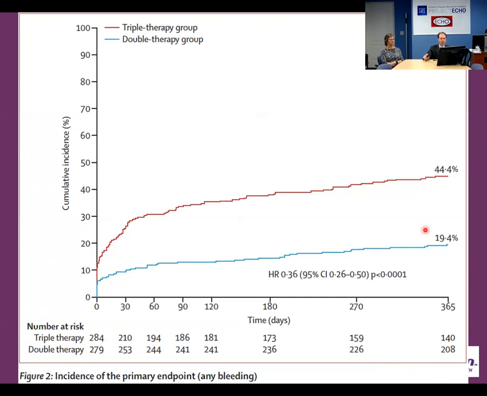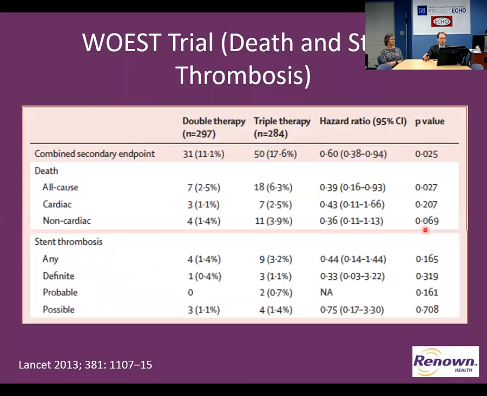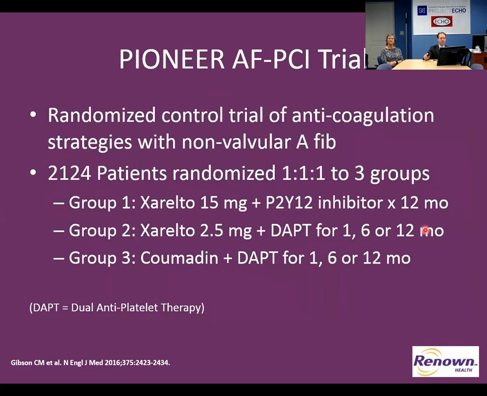We used to go 1 to 3 months, and now there's a little bit more progress towards only 1 month. There was no difference between death and worse than thrombosis in these groups, but again, it was a trial of about just over 500 people. So you need lots of data, tens of thousands of people, which is actively being accumulated, to decide on the right way forward with this.